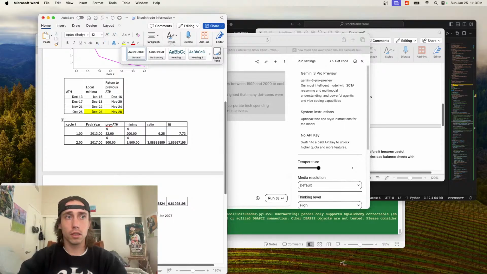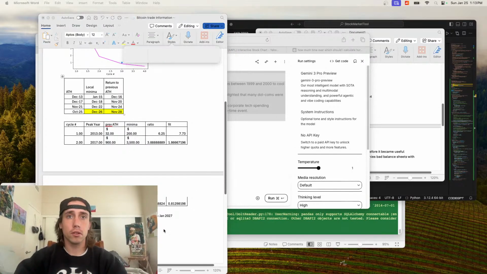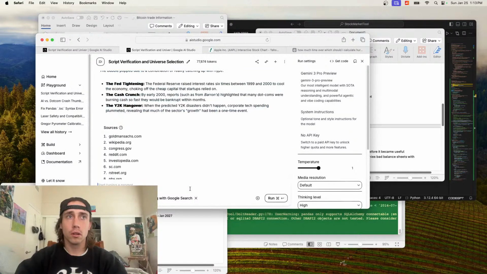So here's the thesis. I expect the peak to trough ratio to appear, no, not exponential decay. What's the curve trend